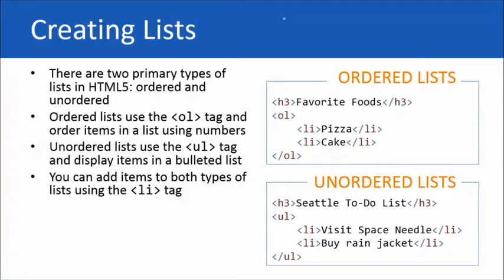All right, next we have an unordered list, okay? The UL tag is used to display items in a bulleted list. Once again, we add items to that list using the list item tag, the LI tag. And so if I'm visiting Seattle, then I have a to-do list, right? I want to make sure that I visit the Space Needle, and I also have to buy a rain jacket